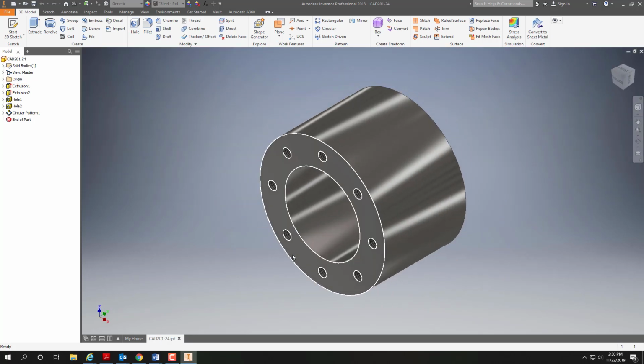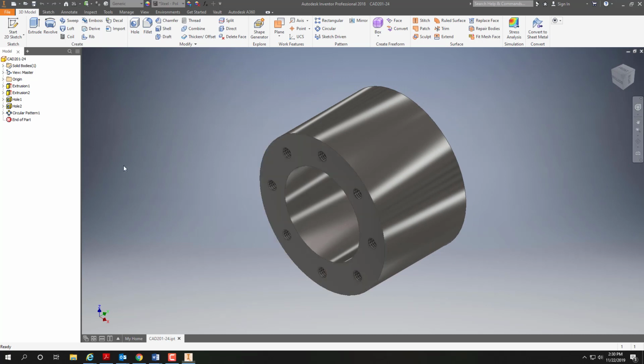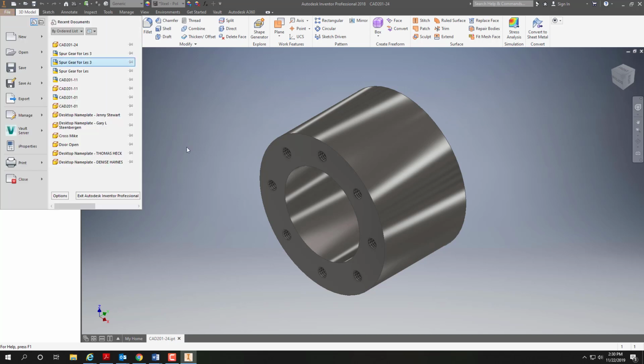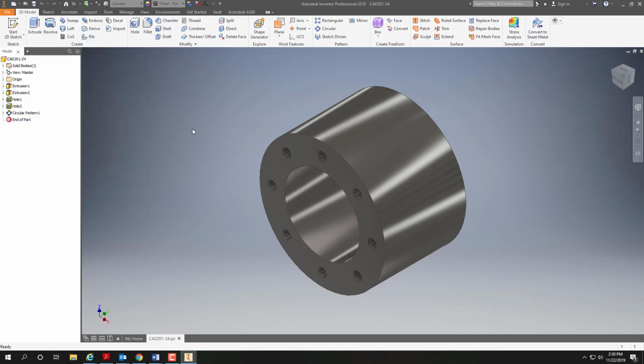Now I'm not worried about making a drawing for this part, but you can go ahead, it'll be a great drawing. Okay, now we're going to come up here to File, and we will save